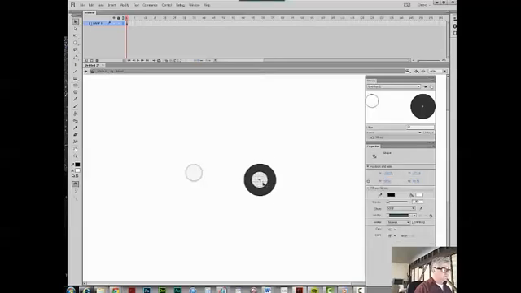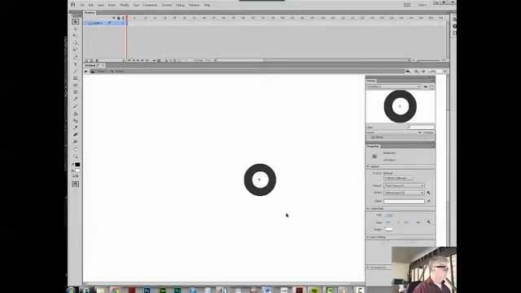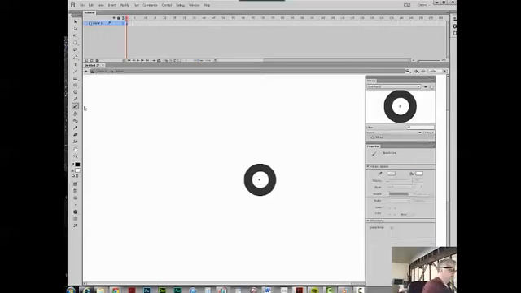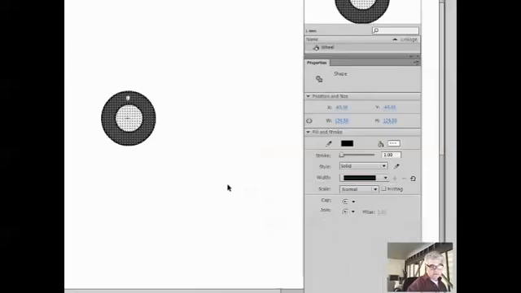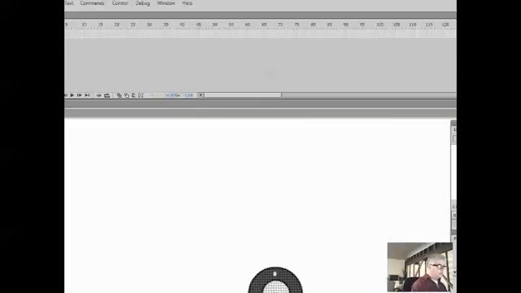And I'm going to drag this into the middle. There's my wheel. And I'm also going to put a little dot right here of white. And this is going to be how I turn this thing. I'm going to now make a rotating wheel. I'm going to hit my F8 key,